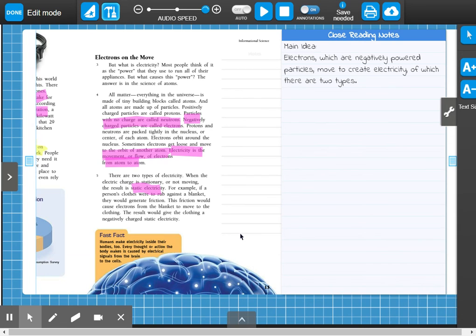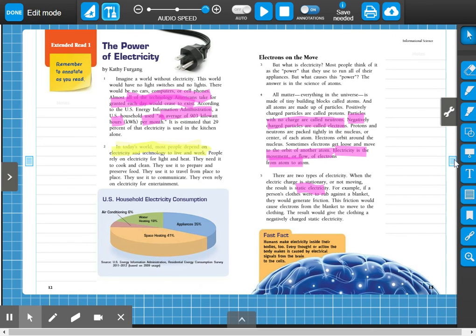So boys and girls, today as we go on, I want you to go ahead and tell me what was this entire article about? What was this entire piece of text about so far? I want you to use your headings here. Okay, boys and girls, go ahead and answer your